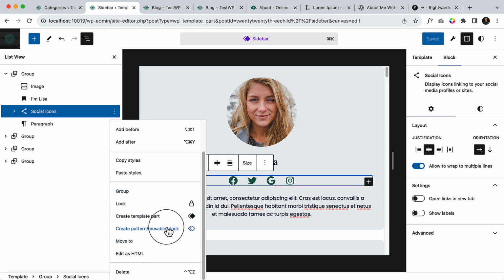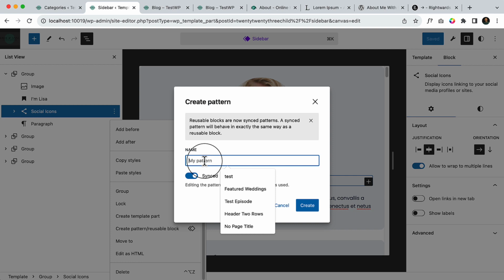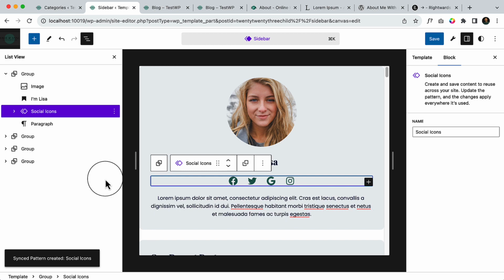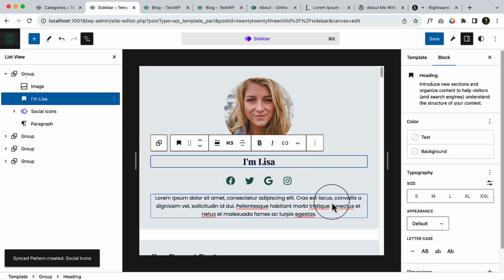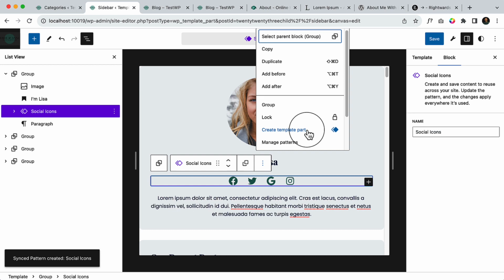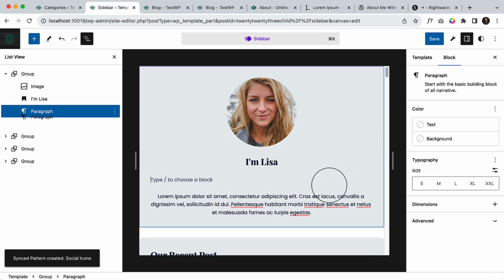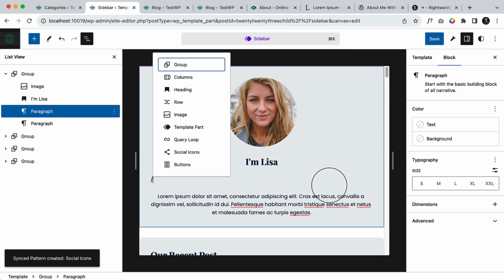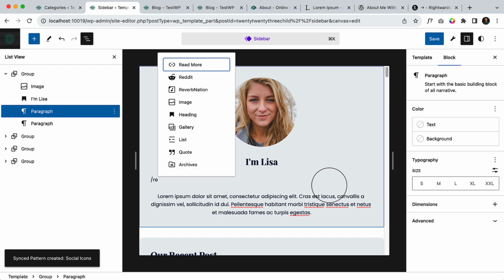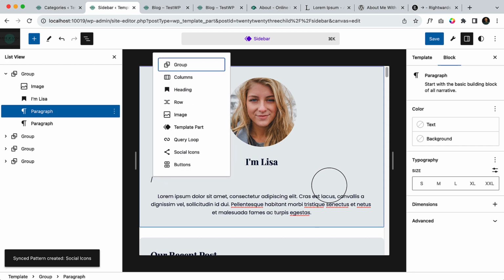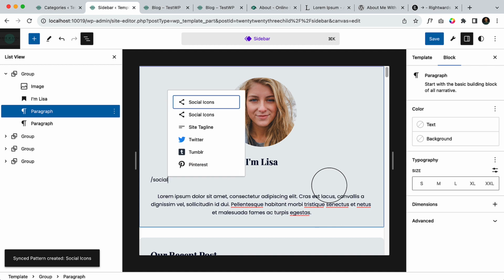So for an example, if I create a reusable block, then I can simply write here social icon. That's it, and it's reusable. Whenever you want, you can simply, let's say I have deleted this one and I want to use this social icon, so simply type here reusable. Okay, let's type here social icon,